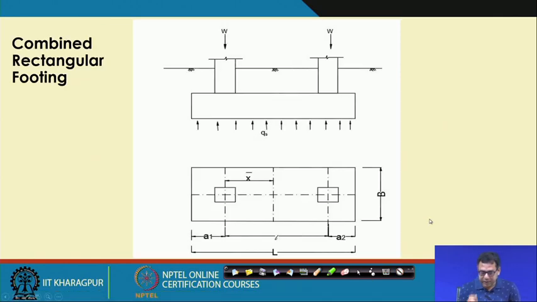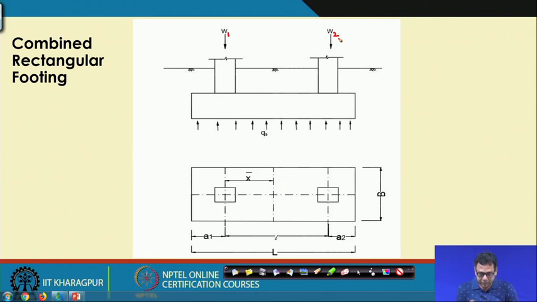this is the combined rectangular foundation. Here the two column loads are coming, one will be W1, another will be W2. So, two loadings are coming, and first I will discuss how I will choose a